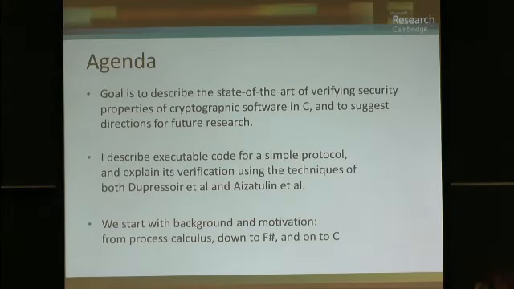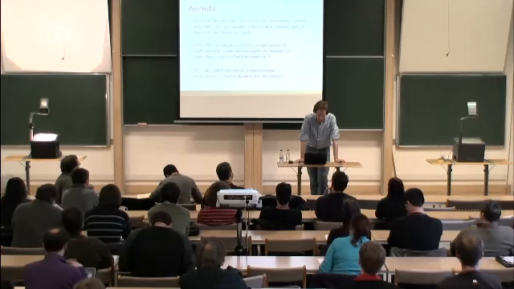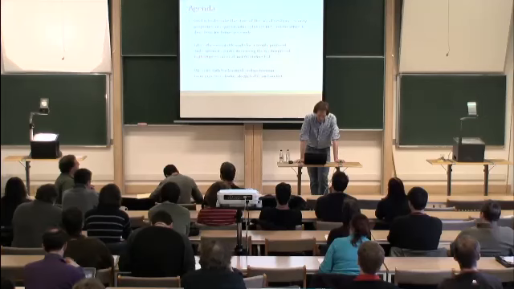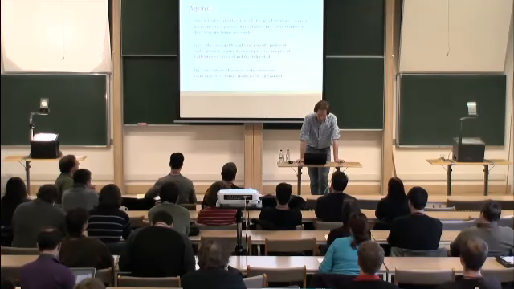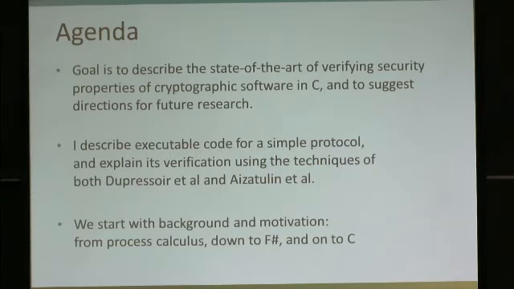Okay, so what I would like to do is to describe our project on looking at cryptographic software in C, describe where we've got to and suggest some future directions. Eventually, when I get to an example, I'm going to describe a particular simple request-response protocol and show how we can analyze it using two different methods, one based on symbolic execution, another based on interactive verification. But this is a broad workshop, so I wanted to start with a bit of background and motivation